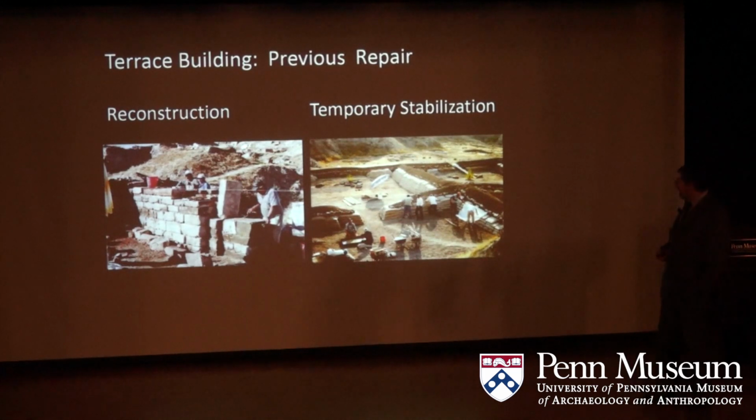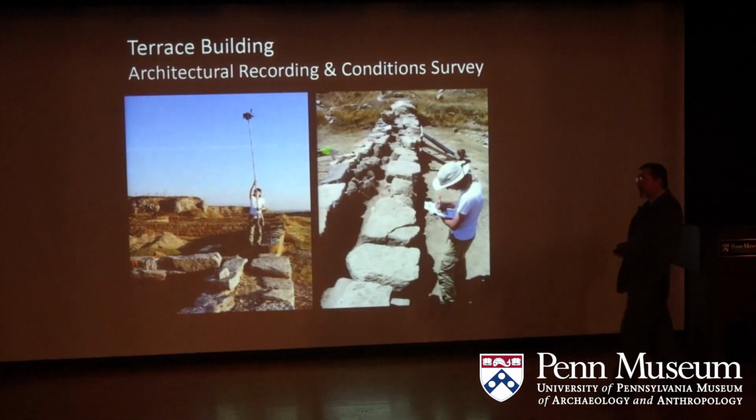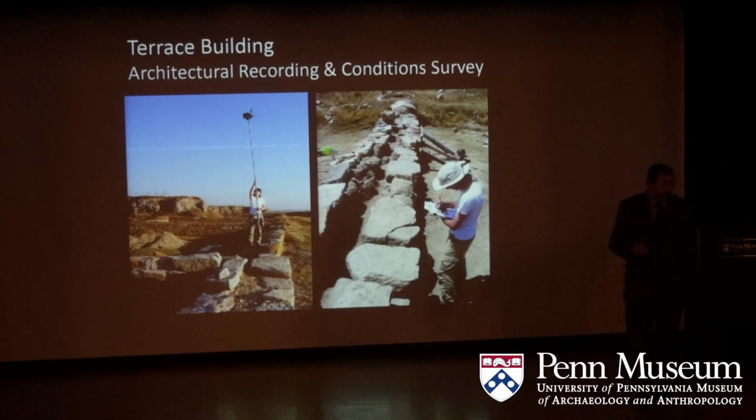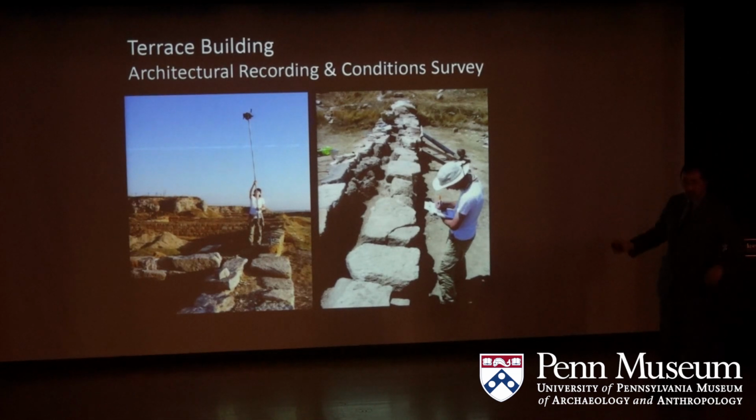And that solution, perpetuated each year, became really an eyesore on the site. So we knew we had to deal with this in a way that we could sustain, but would also give us a better alternative in terms of the archaeological value. And so a quick and dirty recording system was set up. You can see the splay in the walls. These are compound veneer walls that have splayed from the fire,